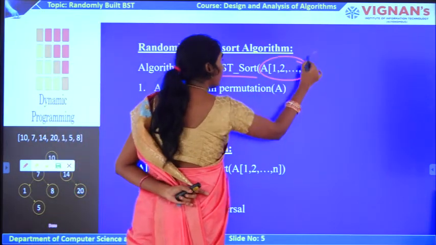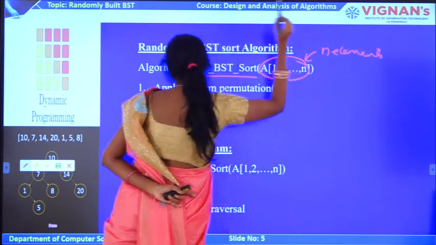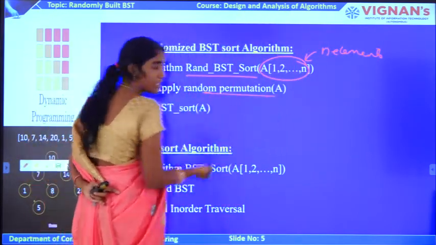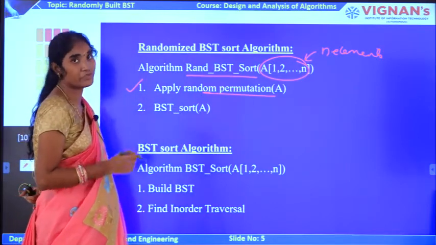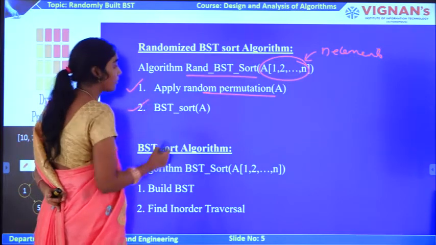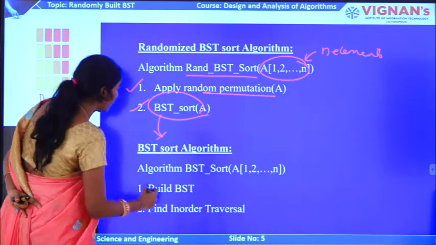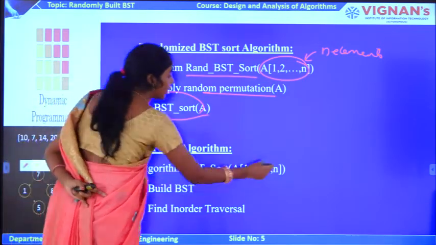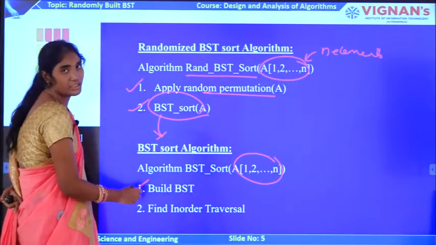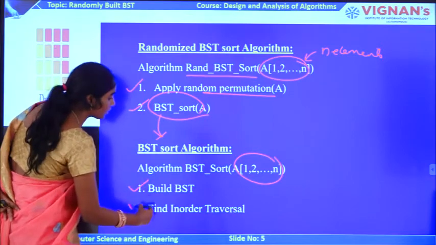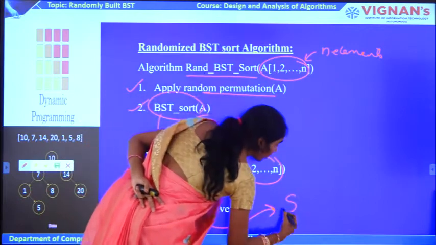Here it takes all the n elements, and here I am applying the random permutation by using any randomizer function that depends upon the language which we are using, and now I am applying the BST sort. So now coming to this BST sort, this is the algorithm for this. Initially this BST sort takes the n elements, and here I need to construct the binary search tree first, and after construction I need to find the in-order tree traversal. That is our sorted